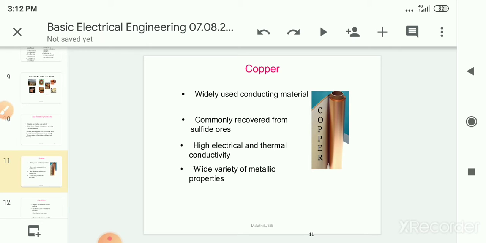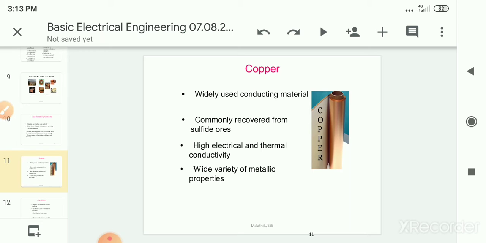The low resistive material should have a low temperature coefficient, high mechanical strength, enough ductility and malleability, and minimum contact resistance for easy soldering, high resistance to corrosion, less power losses and voltage drops, long service life, low cost and be easily available in the market. All these requirements are there for a low resistive type of material.